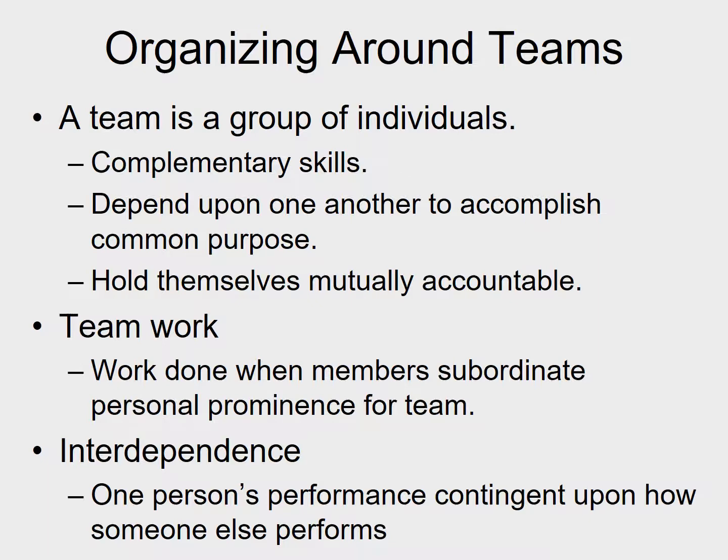So, is the team actually dependent on others to accomplish the common purpose? If you removed certain members of the team, would their performance be reduced or their output not as good? And finally, a team should hold themselves mutually accountable. Not only do they have complementary skills, not only are they dependent on each other to accomplish the goals of the team, but they are also mutually accountable for the success. If you have a situation where people can clock out, not do work, and the team will still function, that means they didn't have a set of skills that were complementary and needed. They weren't actually depended on by the other people to accomplish the goals.